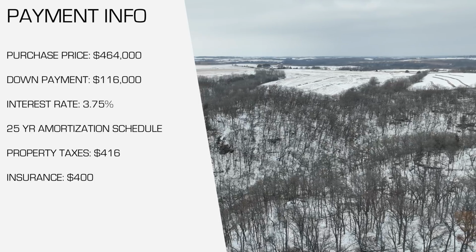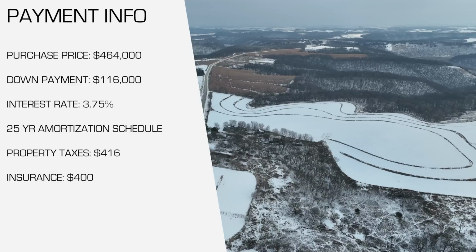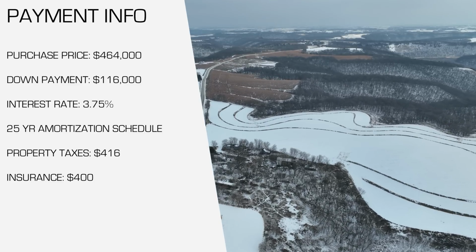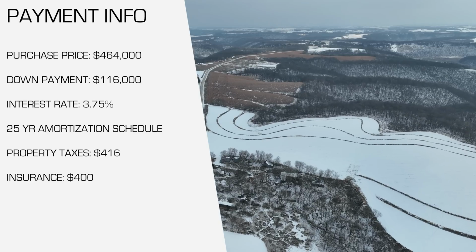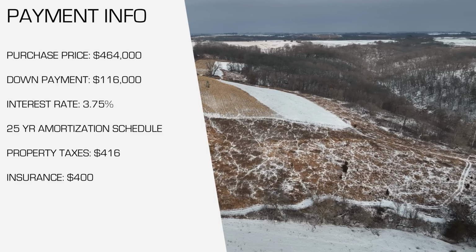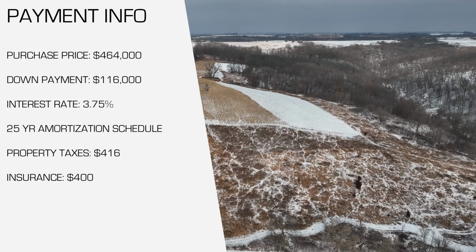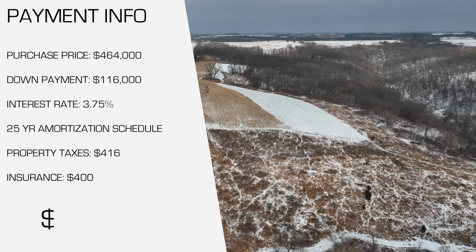The property taxes can be found on any county assessor's website, or if you call the county and ask the assessor what the property taxes are on the property. They were $416 annually on this 80 acres. Insurance was about $400, so it brings our entire payment to